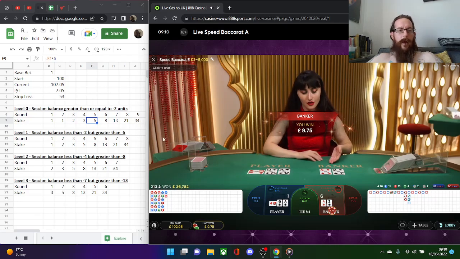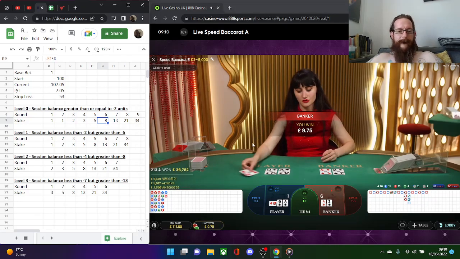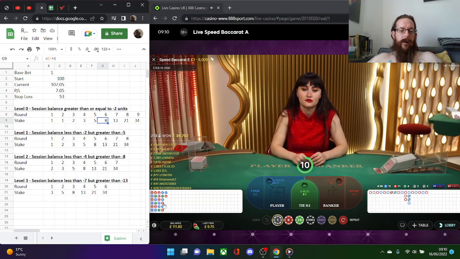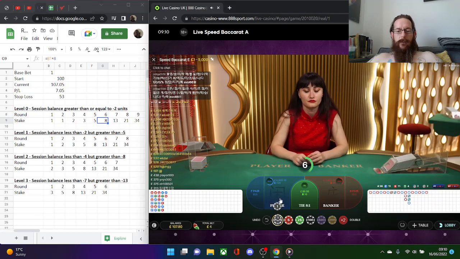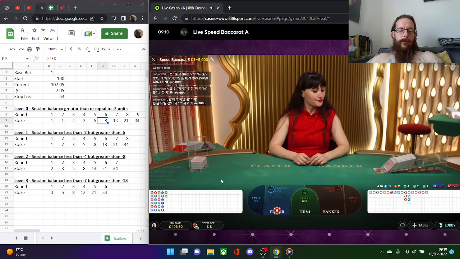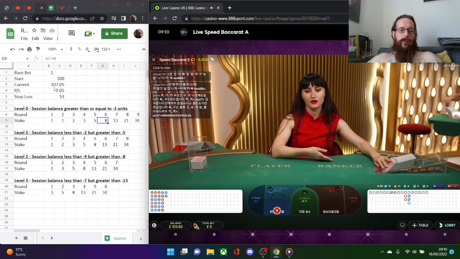Hey, we won that one as well. Very good. So 1, 2, 3, 4, 5. So it's 8 on player, since player is the underdog. What was that? That's 1, 8, 9,